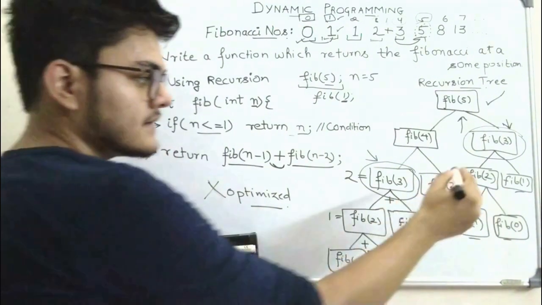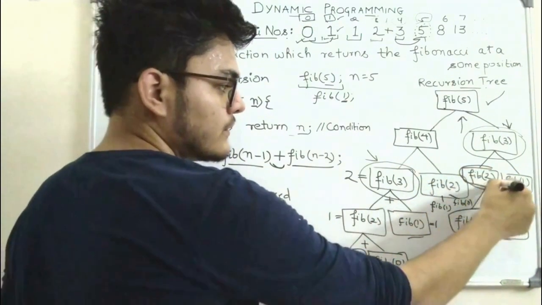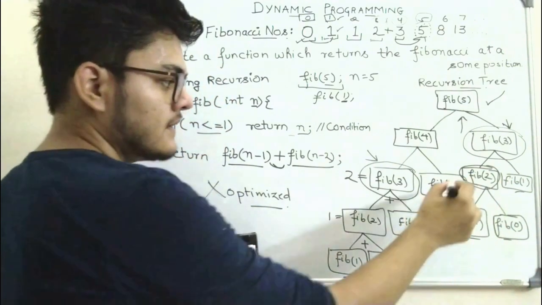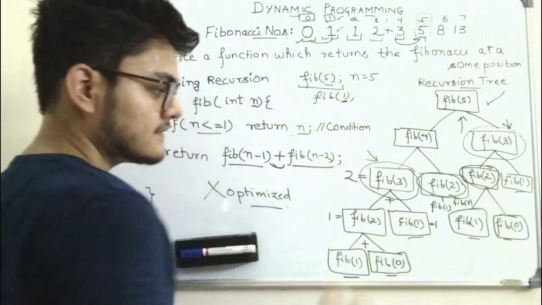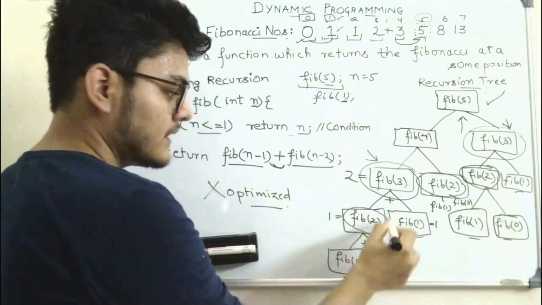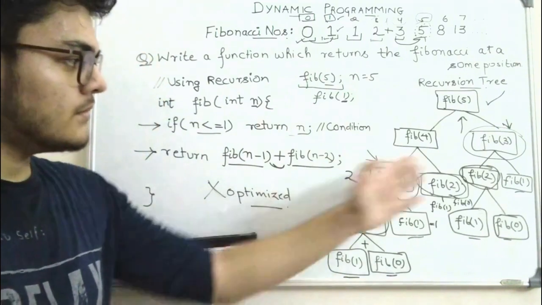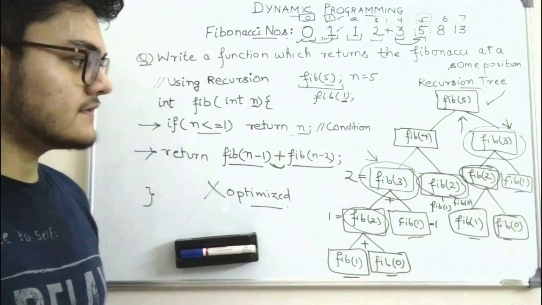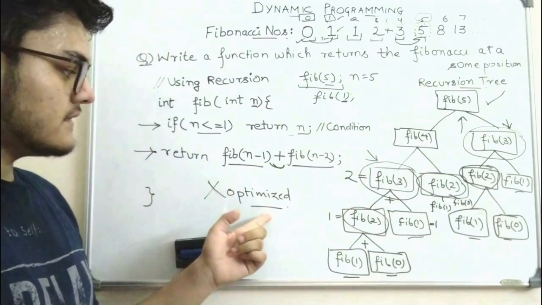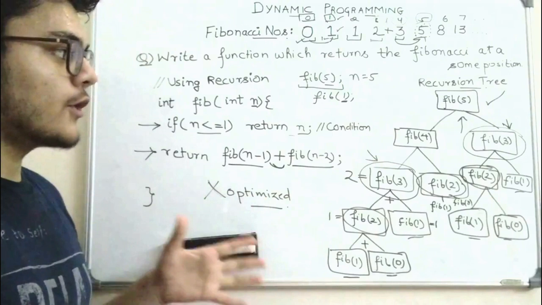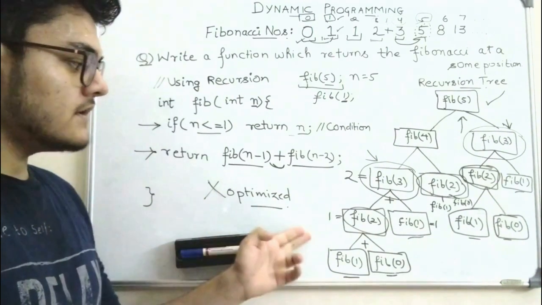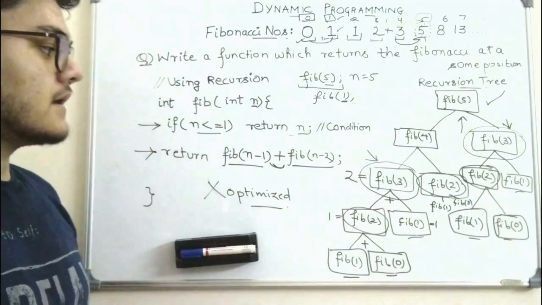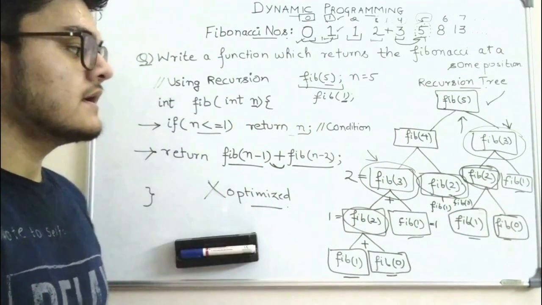You can see that similarly Fibonacci 2 is calculated here, it is again calculated at this step and at this step. So there are so many duplicate recursive calls, and this makes this program not optimized. So we are going to use dynamic programming now to resolve this whole